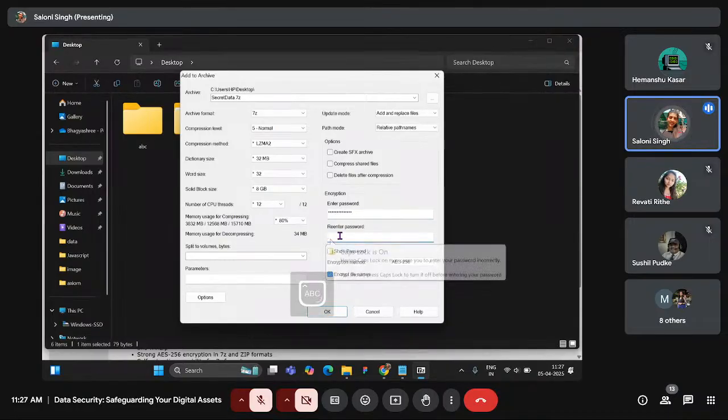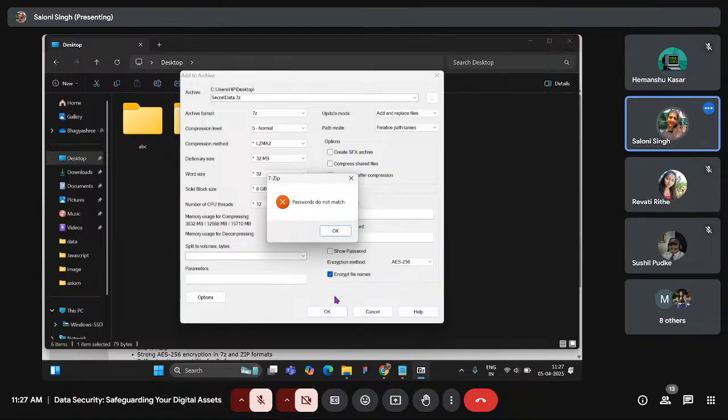Remember the password so that you can decrypt your file. So here I will write again, re-enter the password, that is super secure 123. I'll check encrypt file names, so no one can even see what's inside, and I'll click on OK. Okay, password doesn't match, so I will